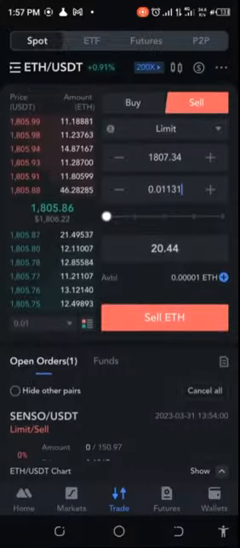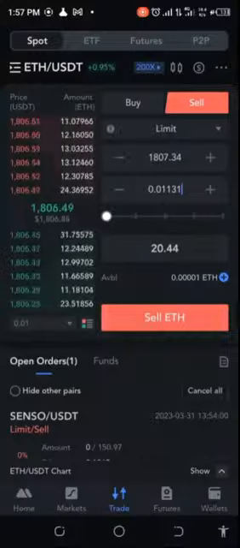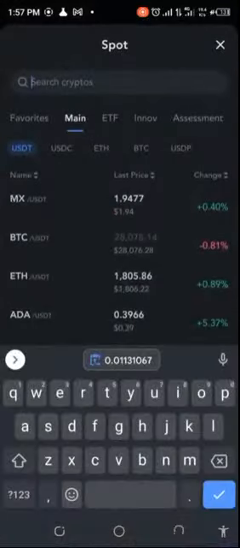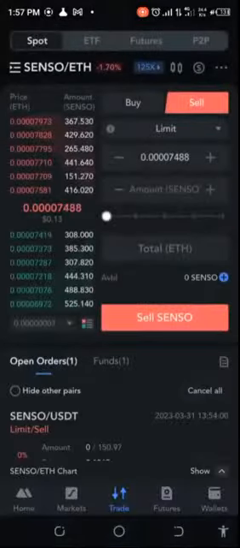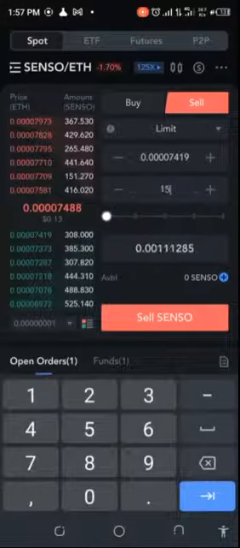Okay, let me go back. I mean, right now, ETH is 1805. So let's go see whether that's possible. Let's just quickly do this. I'm just going to put the Senso and see whether I'm going to be able to quickly make back my money. So what I have here is if I pick, I'm trying to sell, but if I pick this 7419 and I put 150.97,